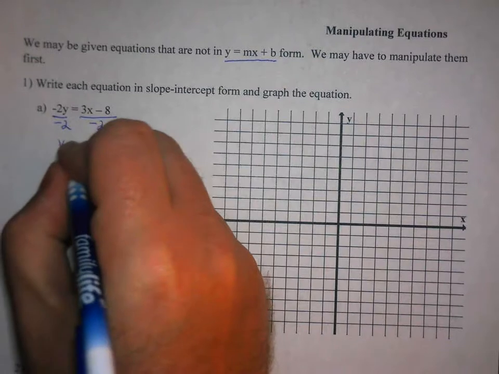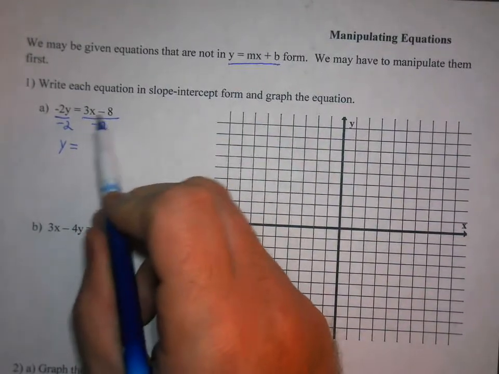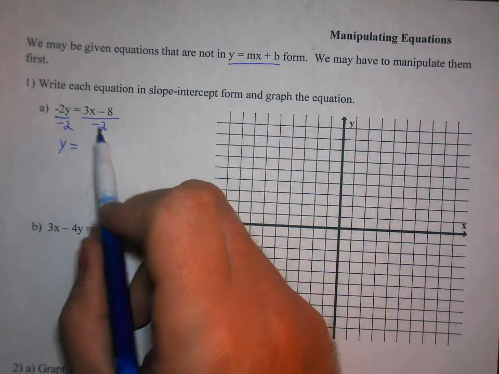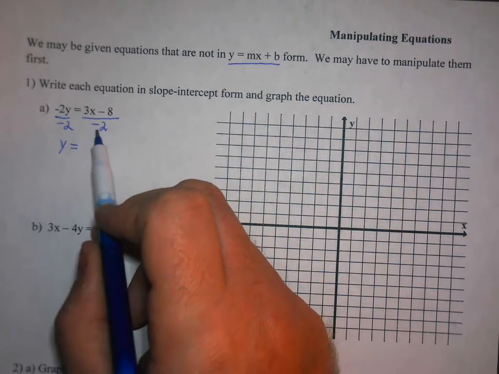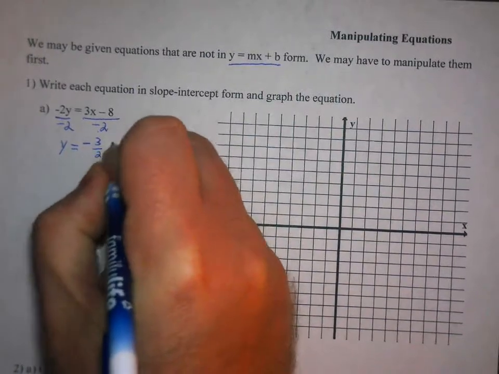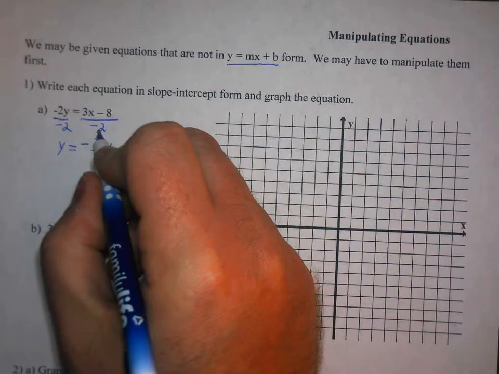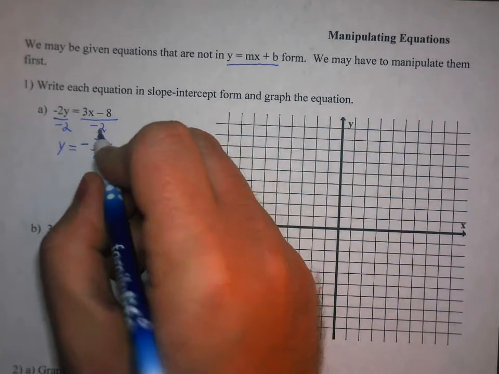So we end up with y equals, well, when you divide every term by -2, 3x divided by -2 is -3/2 x,